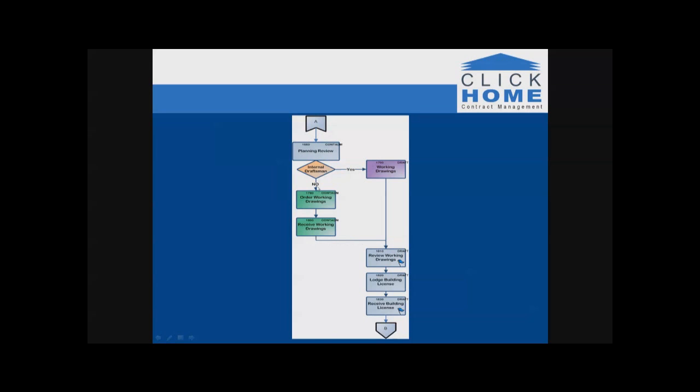And by the completion of either that line or the internal draftsman, we would end up at the review working drawings task. So you can see that you can customize the route a job takes based upon answers. So this is what we call a conditional workflow. And you might use that type of conditional workflow many places across your pre-construction workflow diagram. You can see here that depending on the route we take, we bring that route together to have review working drawings, either need working drawings or receive working drawings. Okay, so that's conditional